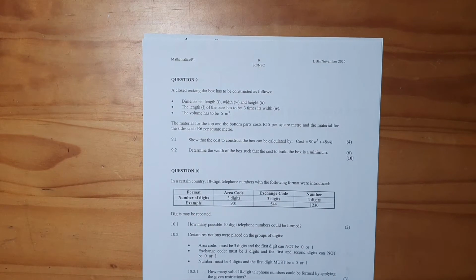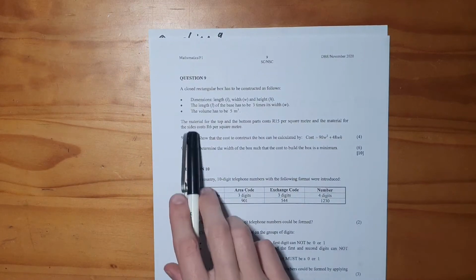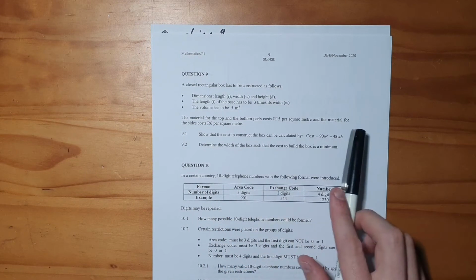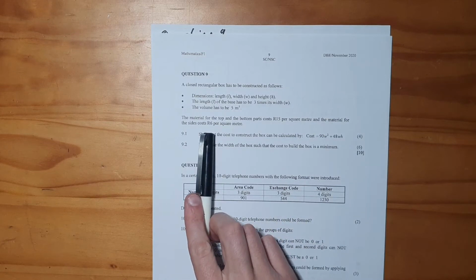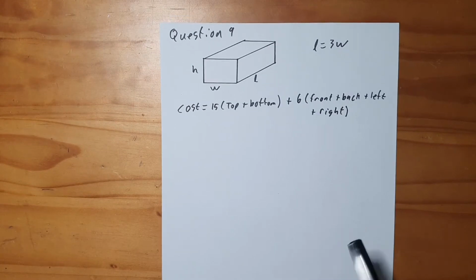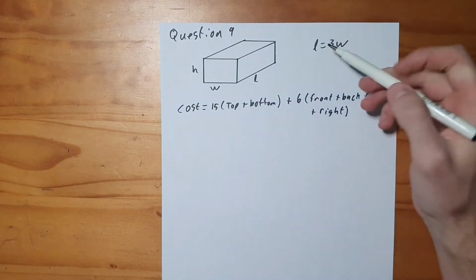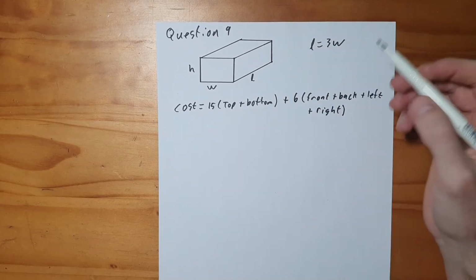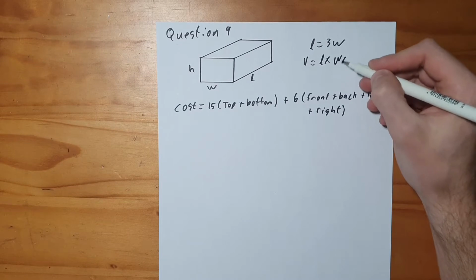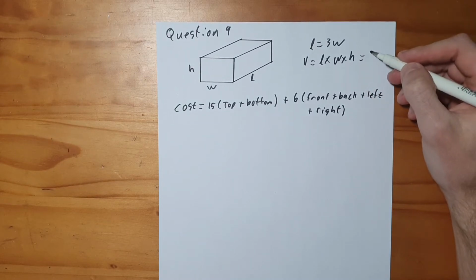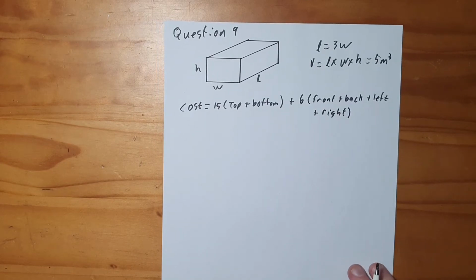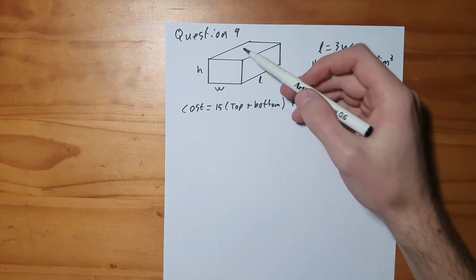5 meters cubed. Okay, so then they also give us the material for the top and the bottom costs 15 Rand per square meter, and for the sides it's 6 Rand per square meter. So taking into account everything that we have, I've drawn the box here. We know that the length must be 3 times the width. We know as well that the volume equals length times width times height, and that must equal 5 meters cubed. Okay, and then they've given us the cost for the top and the bottom, and then the rest